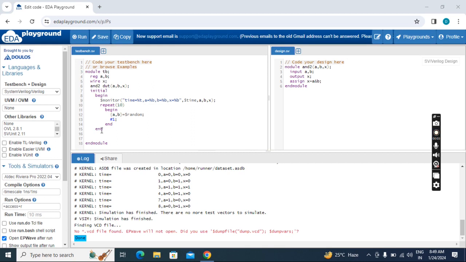So here we have to enter one more end, otherwise we will get an error. For this begin, this is the end. For this begin, this is the end. So even if we click on open EPWave, if we don't enter the dump file, we cannot get the waveform, but we can get the transcript. Here we can see timings, the input values and the corresponding output. Okay. So now